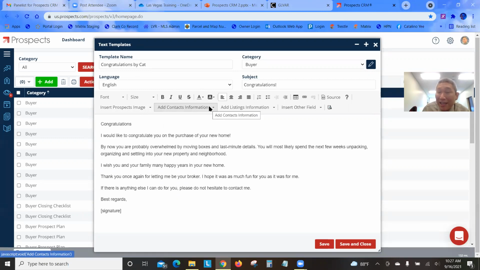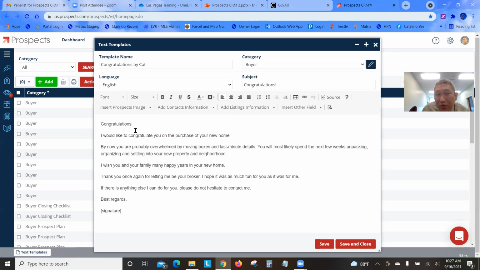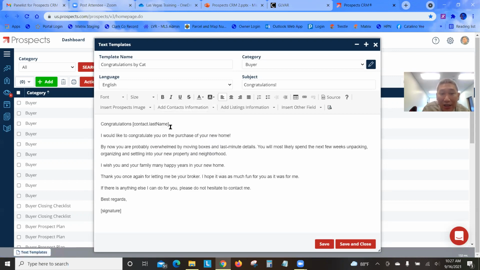All right, then you have the add contact information. This is where I can take the contact's first name, last name. Click the drop down here and look. So I want to congratulate the family by last name, right? The whole family, I'm sure most of them share the same last name. So congratulations. You see where the insertion point is right now? I want to put the family last name after congratulations. Click the drop down, click last name, and now it inserts last name. And then after last name, I'll put family,